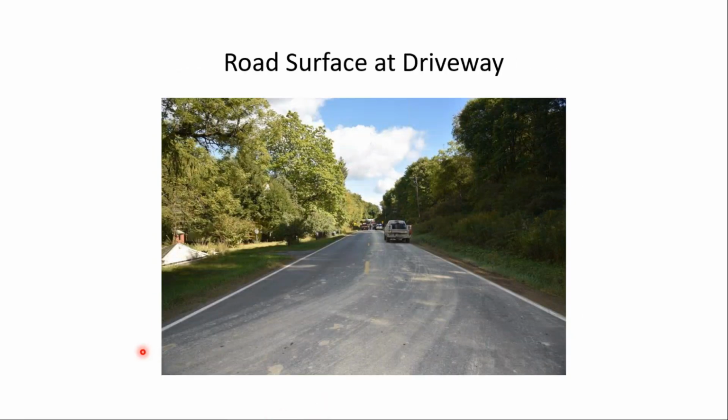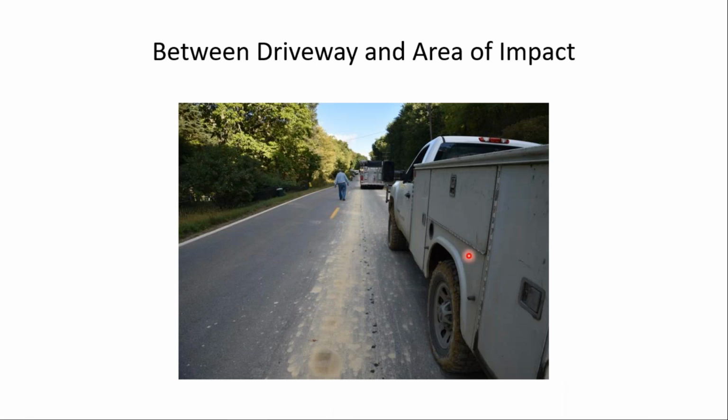And the road would be kind of off to the left here. So you can see the wheel tracks of vehicles leaving the well pad would track some mud onto the state roadway. And in fact, here's one of the vehicles. You can see a clod of mud here. But also, if you look at the vehicle that had been at the well pad, you can see its tires are covered with mud. There's mud in the wheel wells here. And so obviously mud had accumulated onto the roadway surface, and that's why the skid steer was sweeping the roadway.